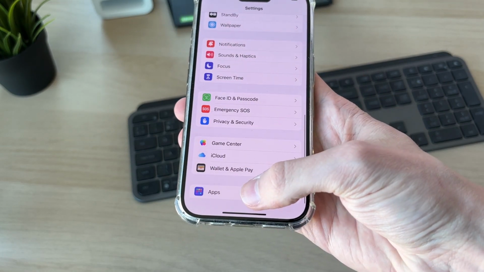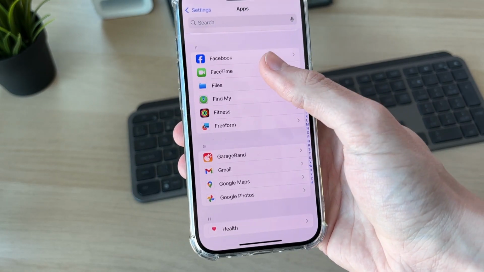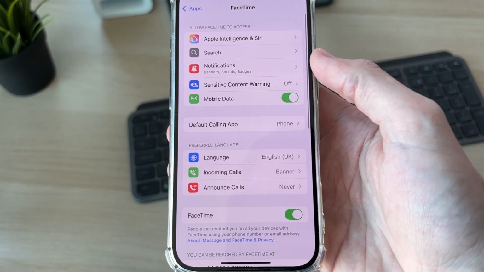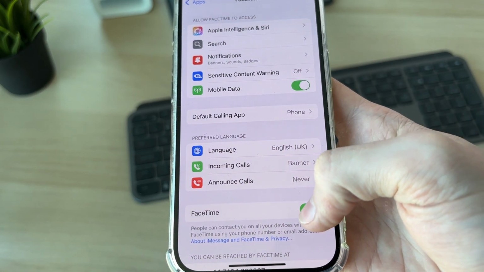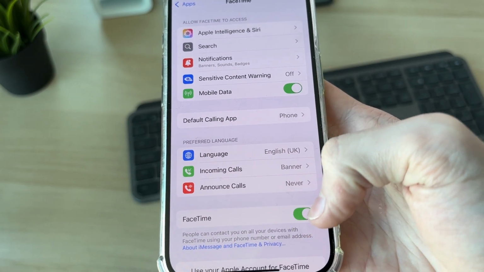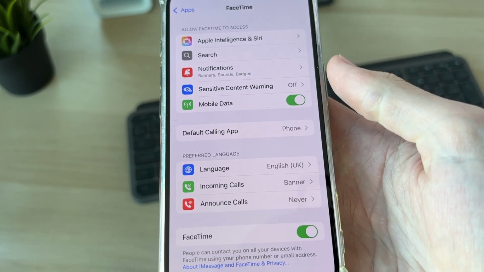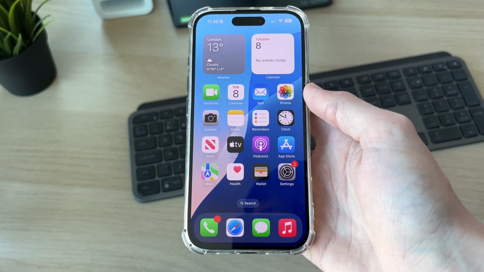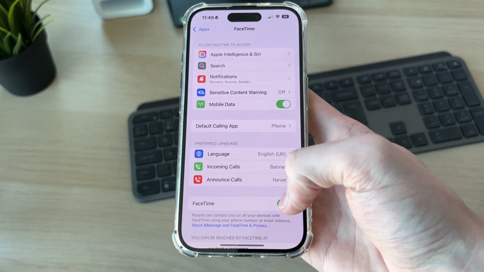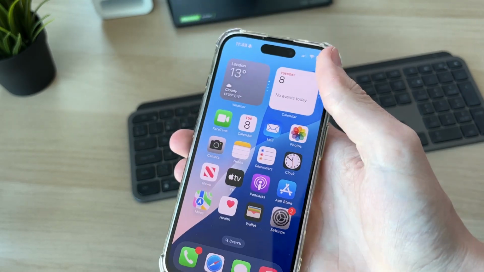Scroll to the bottom and find apps, then scroll down and find FaceTime. What you want to try doing is simply switching off FaceTime, and then you can switch it back on. Sometimes doing this will solve the problem. If it solves it, then great. If it doesn't, come back here and you want to switch off FaceTime, and we're going to perform